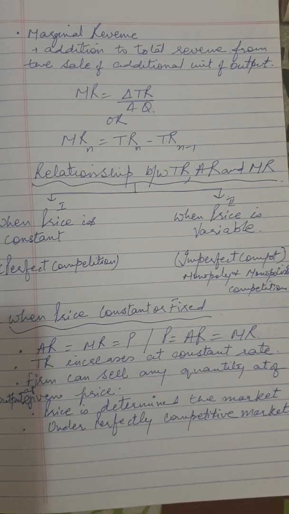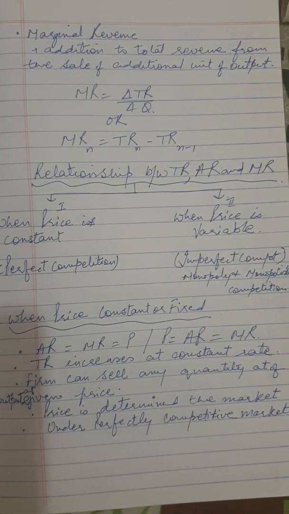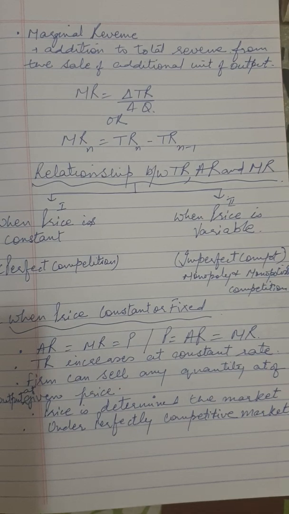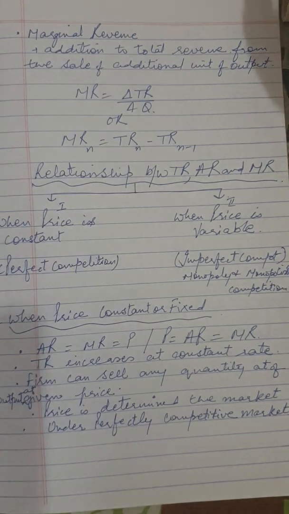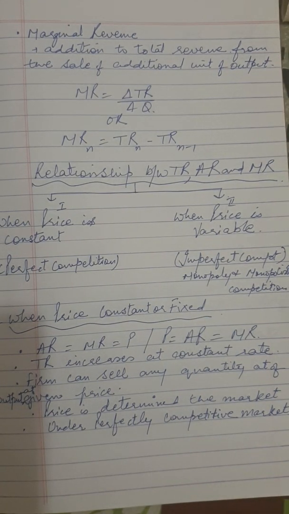Second is imperfect competition, when price is decided by the seller to some extent. In monopoly, price is decided by the seller fully. That is called monopoly, because monopoly means a single seller. When the seller is one, he can fix his own price. Monopolistic competition is a market where the price is partially decided by the market and partially decided by the seller. So this is what is going to work out between these two,